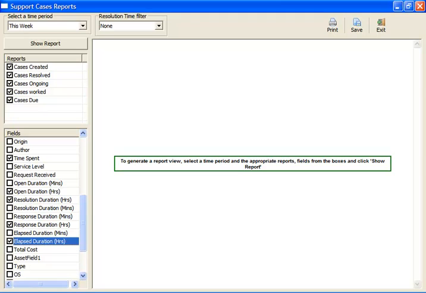Elapsed duration. For an ongoing case, elapsed duration is the interval between the case due and the present time. For a resolved case, elapsed duration is the interval between the case due and the case closure time. Total cost is the cost of the time spent on resolving a case. This is obtained by multiplying the hourly rate of technician, or problem type, or department with the time spent on